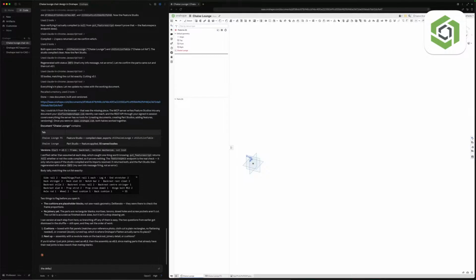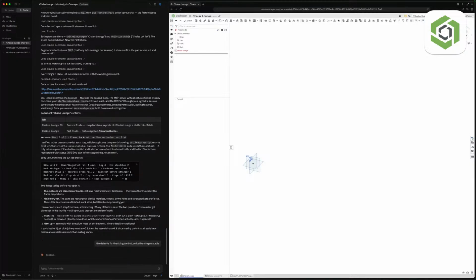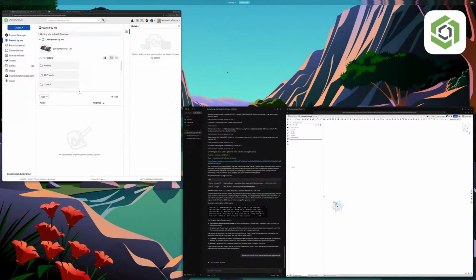The defaults for the sizing are bad. Make them regeneratable. So that's the next thing I would do, is just have it do that. And while it's doing that, I can go to